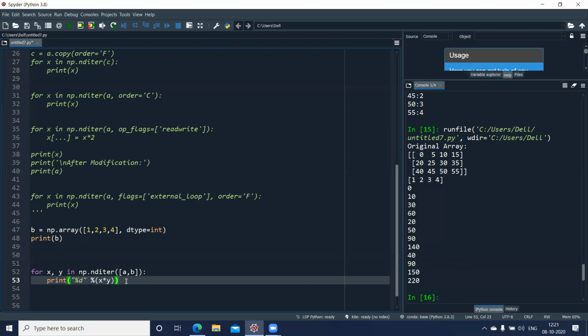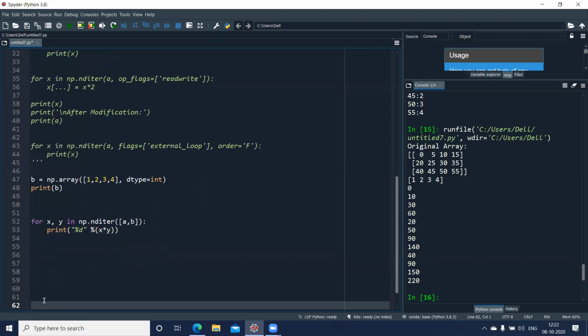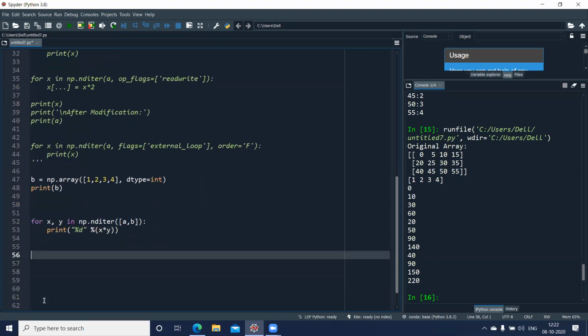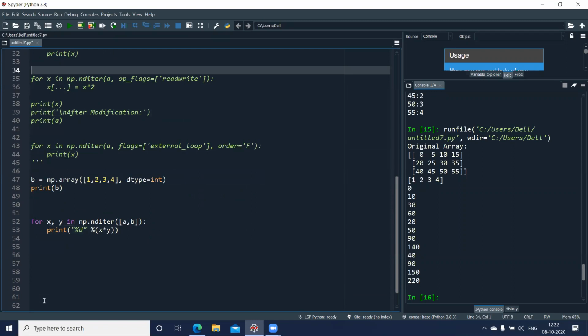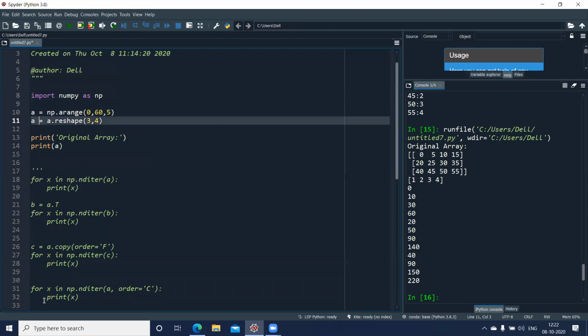There are some different manipulation functions which are available. One of them we have already seen before, that is reshape. I'll quickly write the functions here.